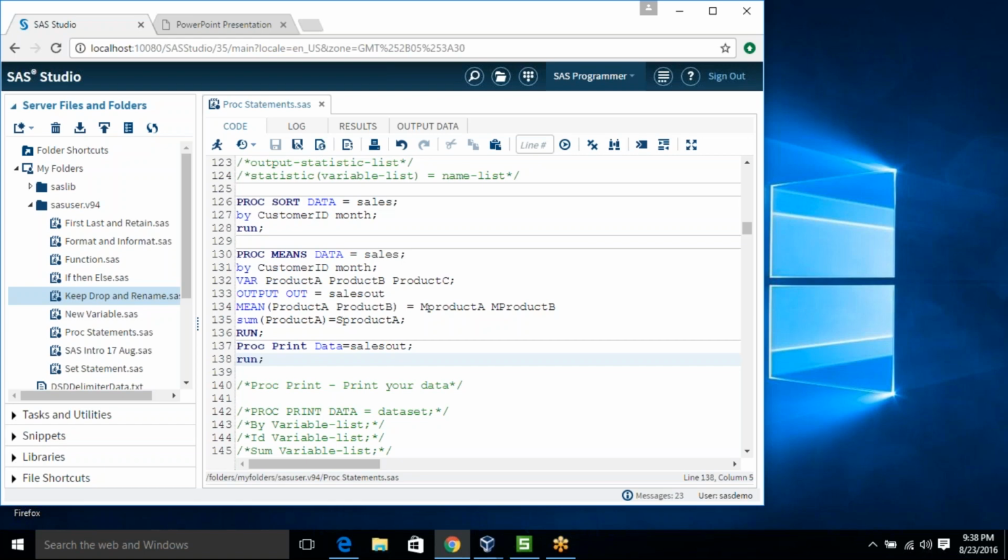Okay, I am assuming we are good. So we are going to the next one, which is the proc print.